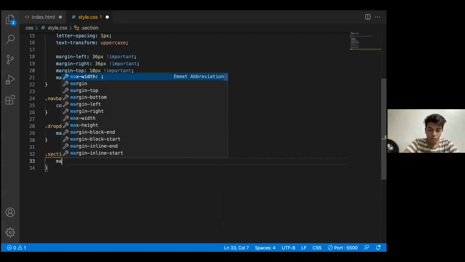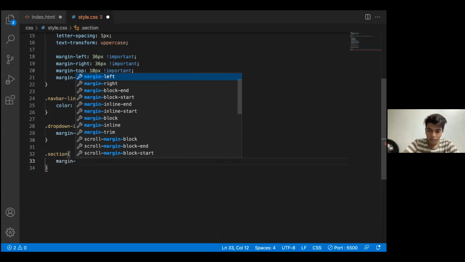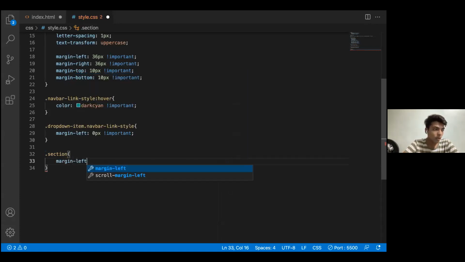Let me just code it out for you guys, and then I'll explain it to you. And you can code it out with me as well. This is margin left. I want it to be 0 pixel. And I want this to be of certain importance as well.